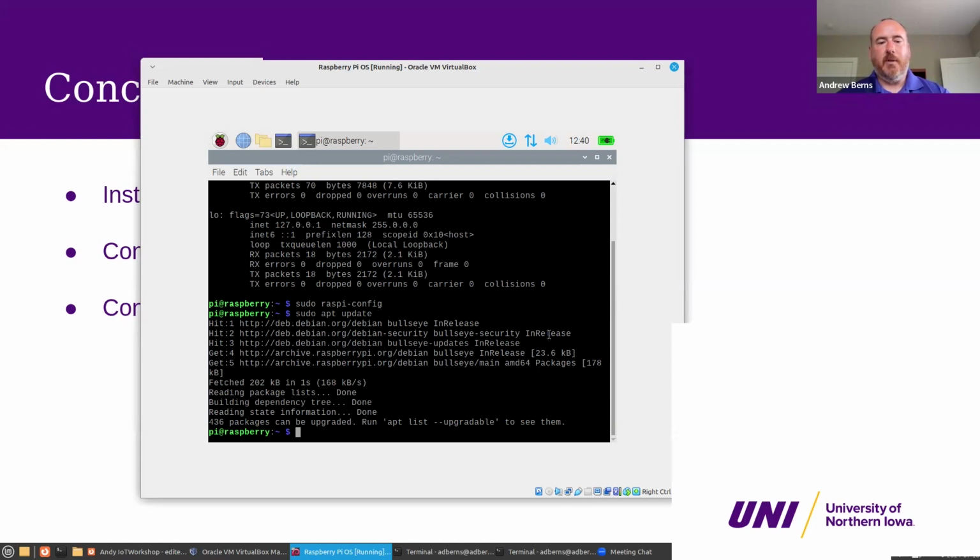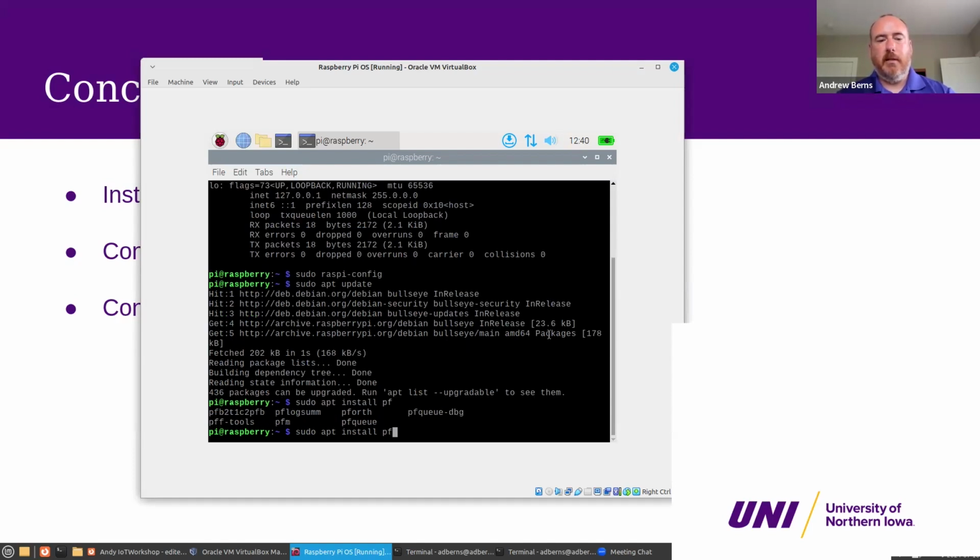So we have sudo, and then I mentioned what apt does, which is the package manager. Apt update gets you the new list of software. Obviously, apt install is going to install new software for us. And then, if you start typing a command and press tab, it will auto-complete that command. And so here I just did pf